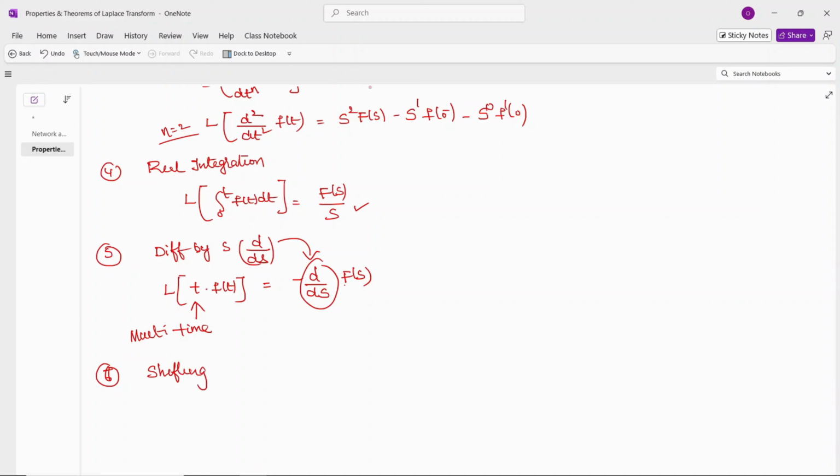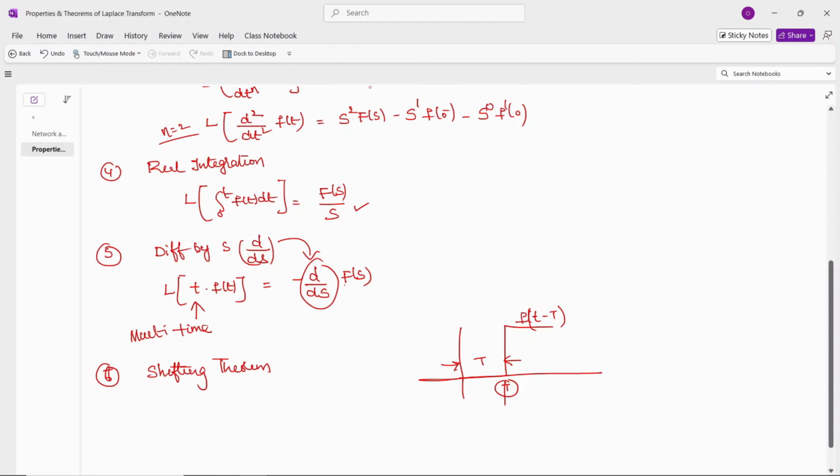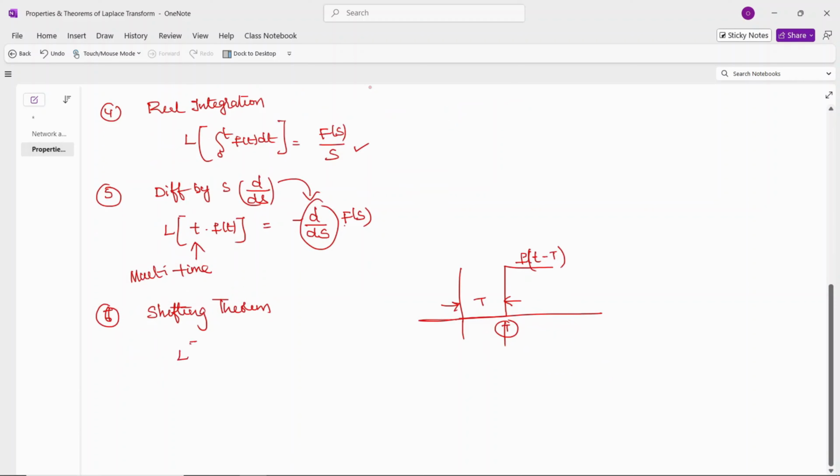Okay, what does this shifting theorem teach? The shifting theorem is defined as follows: whenever a function is there, for example, let's take a step function. It is delayed by a time of T seconds. Generally this function I would write as f of t, but since it is delayed by a time of T, I write it as f of t minus T. Therefore, Laplace of f of t minus T is equal to,